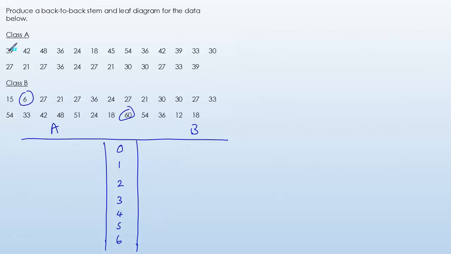So if we're doing class A on the left, so 39, just put a 9 here next to the 3, 42, put a 2 here, 48, 36, 24. And with this diagram, we don't worry too much about neatness at all. We're just getting the information out. So 18, 45, 54, 36, 42, 39,